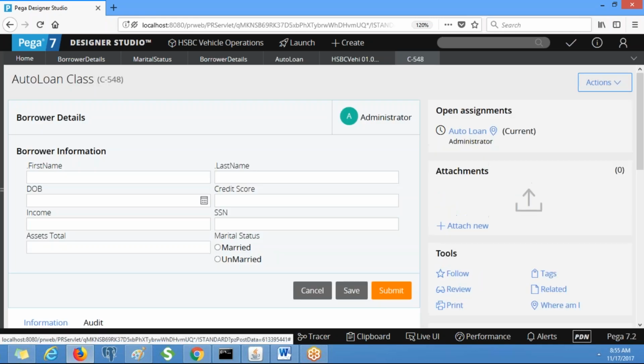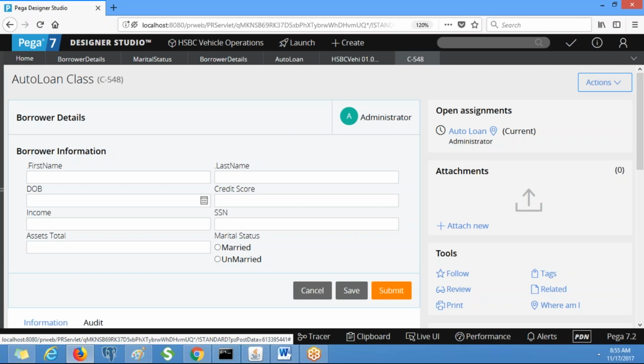See, C-548. When we run the flow which is in work class, it will start with C dash. Going forward, if we create a work object by running a flow under mortgage and home equity, it will be C dash only.